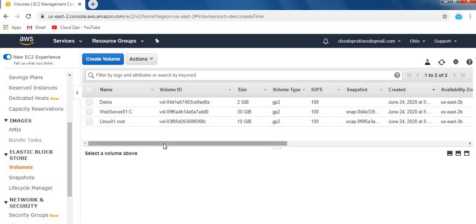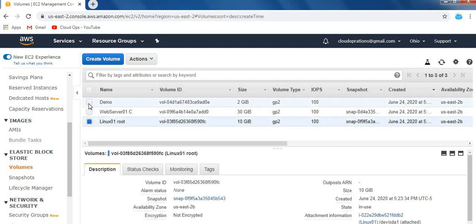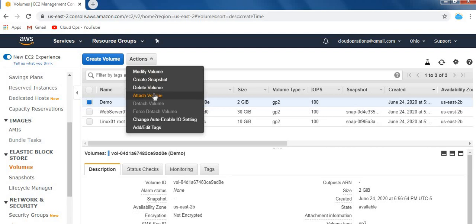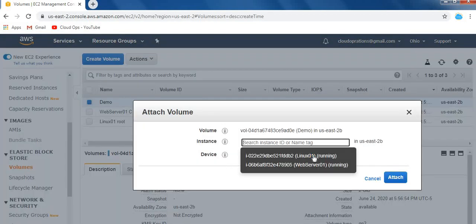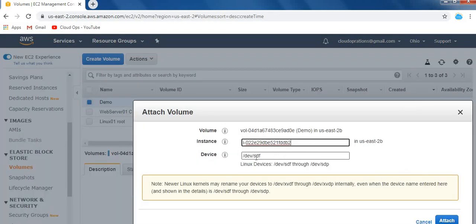Okay, now how to attach to the Linux server. Simply click the volume, click on Action, click on Attach Volume, select the Linux instance. You can see the volume name will be like this. Then click on Attach.